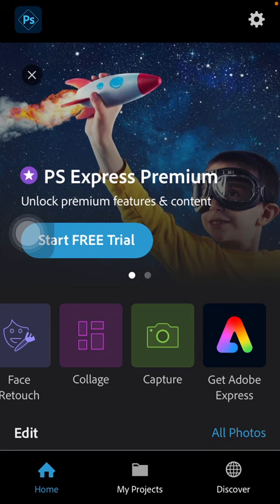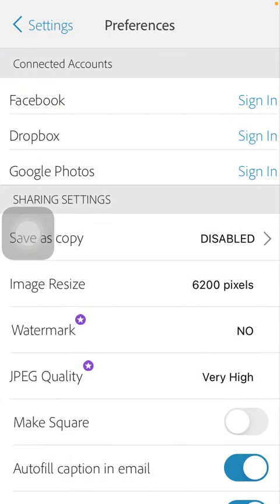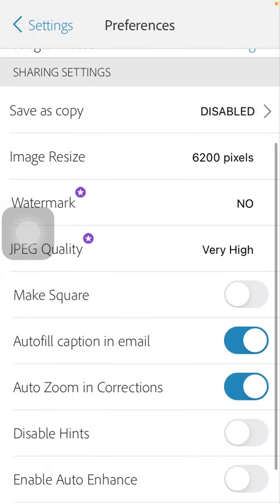First of all, open the application on your phone. Tap on the home button down below in the left side corner, and then in the upper right corner of the screen you should tap on the settings icon. Now click on the preferences section, which is the second one, and then you should scroll down within the sharing settings section, and here you can find the disable hints feature that you can turn on by tapping on this